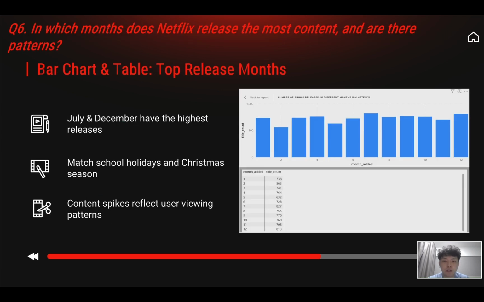About question 6, in which month does Netflix release the most content? Looking at the bar chart and table, you can see that July and December have the highest release volumes. This aligns with the summer holidays and the year-end vacation time, when users have more time to watch. March, April, and September also show higher activity, likely due to seasonal show updates. In contrast, February has the lowest number of releases,